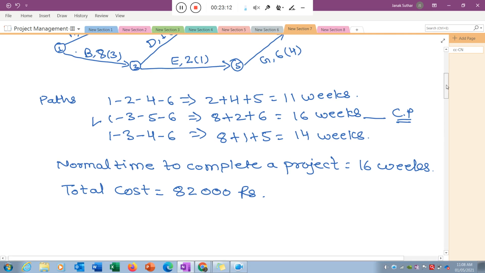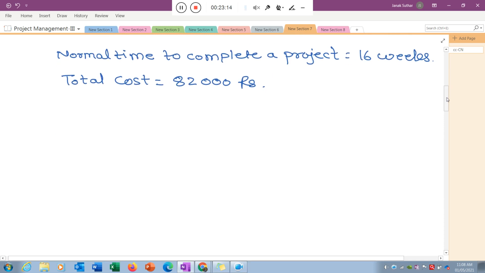Okay, so I quickly did the calculation, so now we know the total cost and the time needed to complete this particular project. The next thing is how we can reduce this project time, because that is the objective of this numerical. To begin the crash analysis, we know that the project time is decided by the critical path, and the critical path is nothing but the combination of the critical activities. Means the critical activity will decide how much time your project will take.